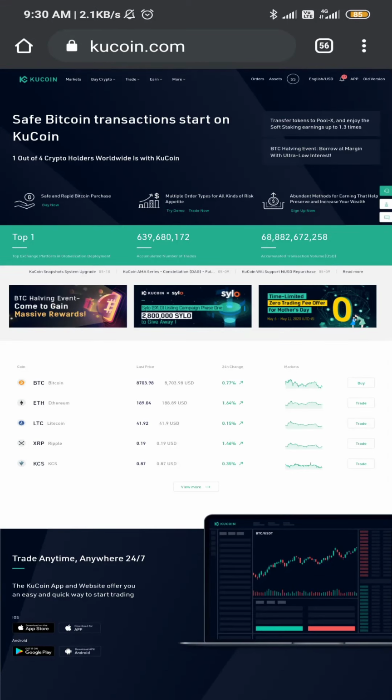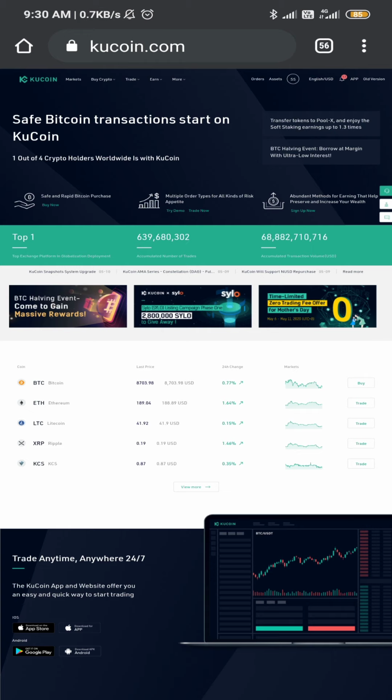I want to introduce KuCoin's new feature. In this video, I want to show how to trade on QMax Futures. Firstly, if you do not have an account on QMax Futures, then first create an account on KuCoin or QMax Futures. If you sign up on KuCoin, it will go directly to the QMax page.